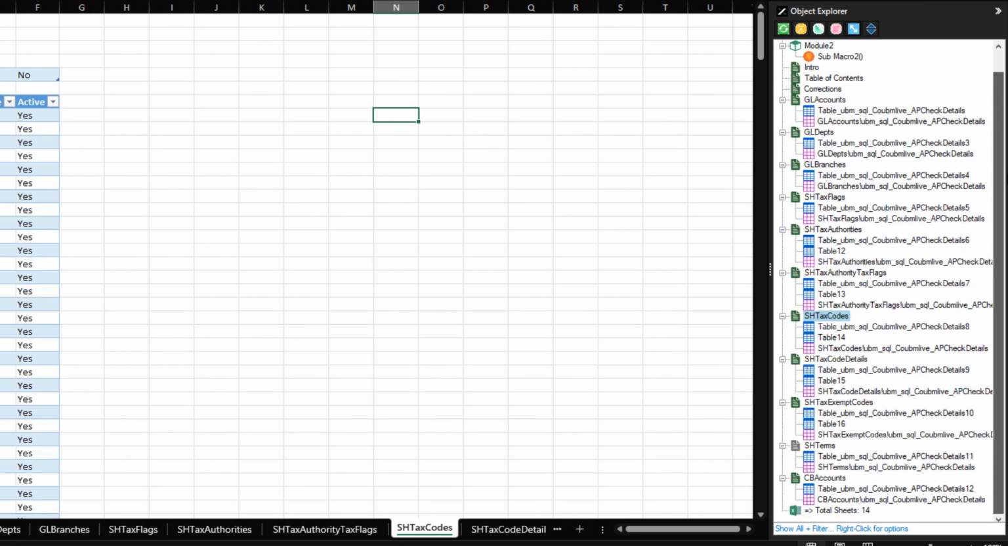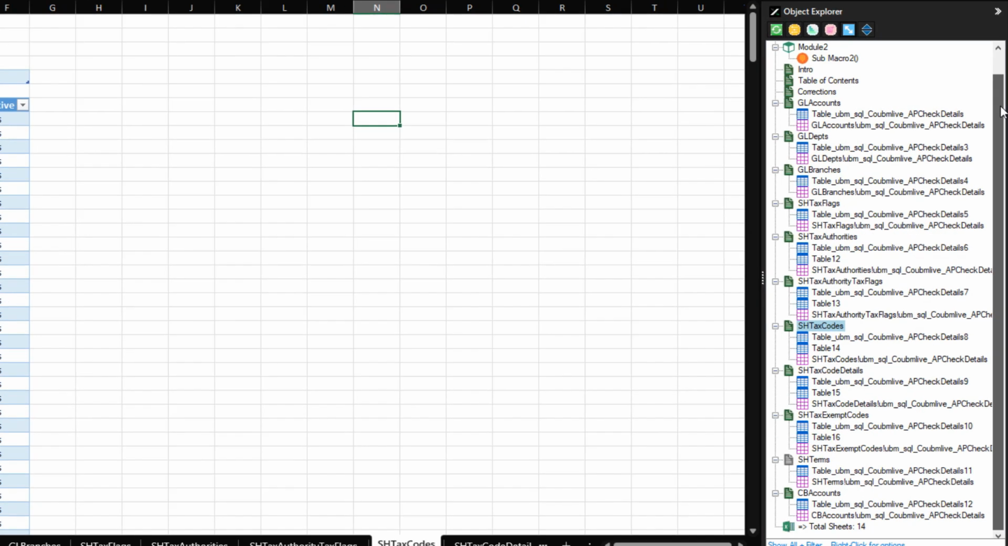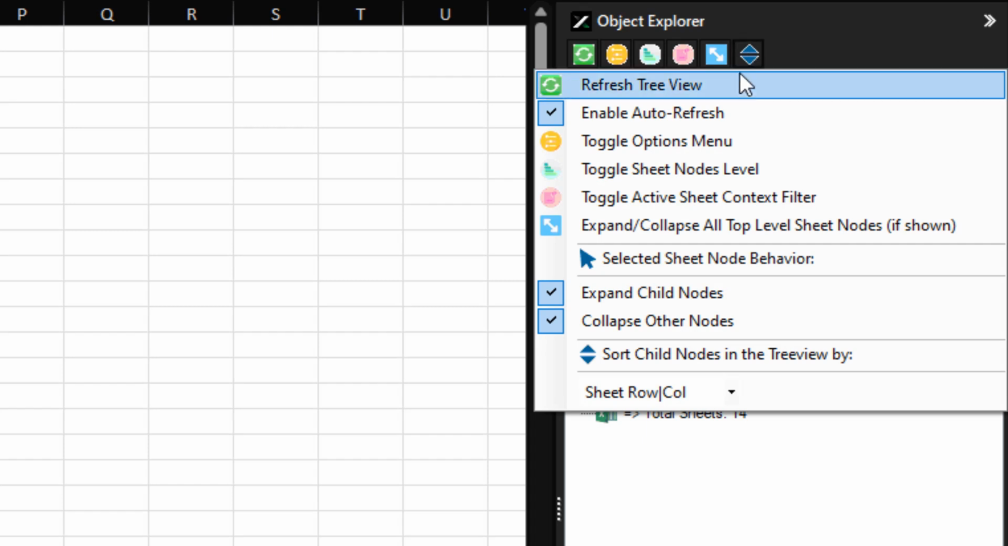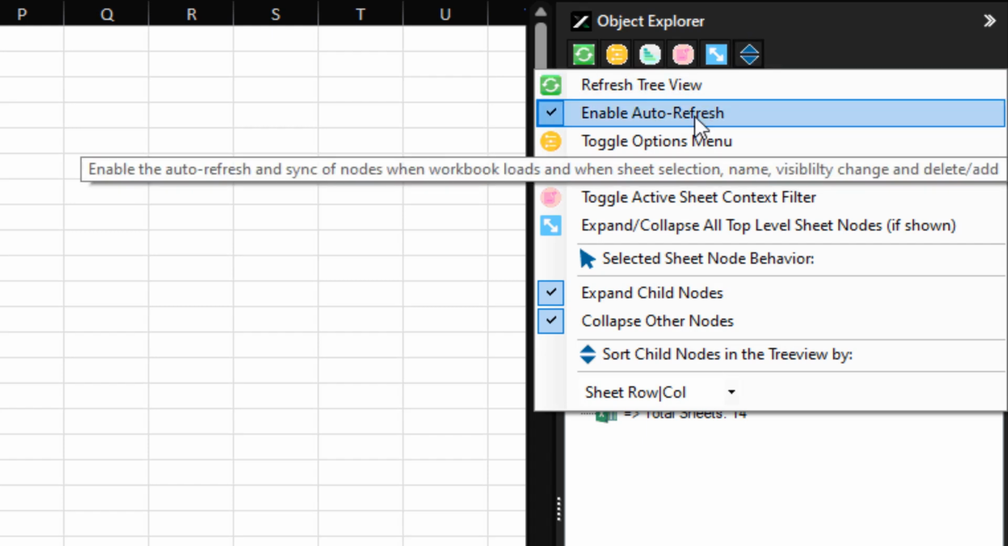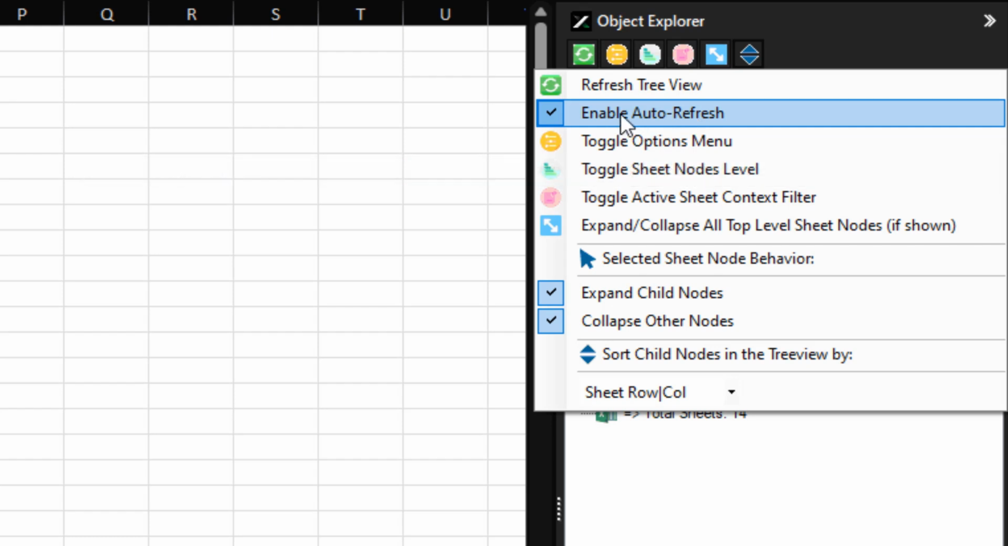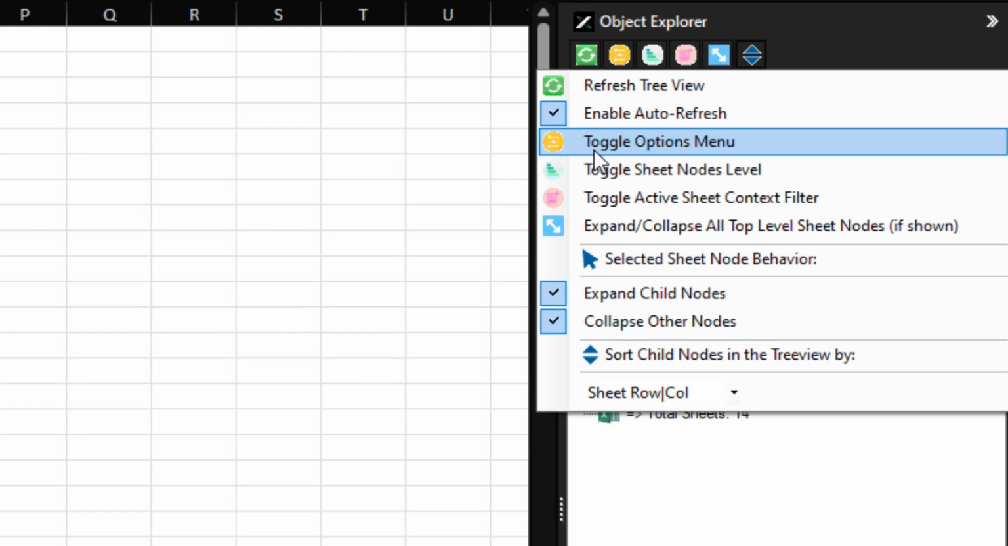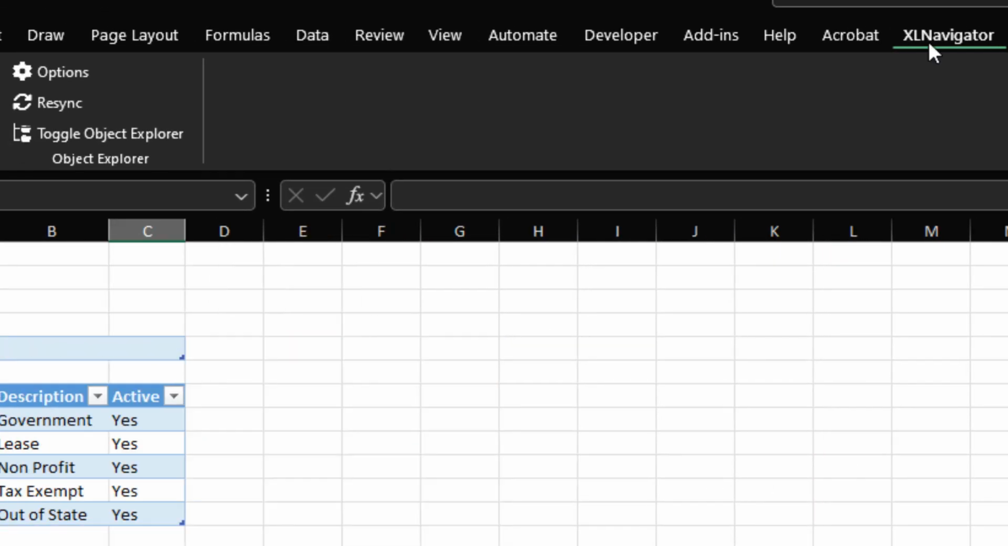the top-level sheet navigation. When you click the up and down triangle button, you'll see various additional options. You can enable or disable auto refresh, which automatically updates the tree view as sheet content and names change. If your workbook is large, you may want to uncheck this option to manually refresh as needed. You can also toggle the Options menu from this contextual menu or the XL Navigator ribbon tab for quick access